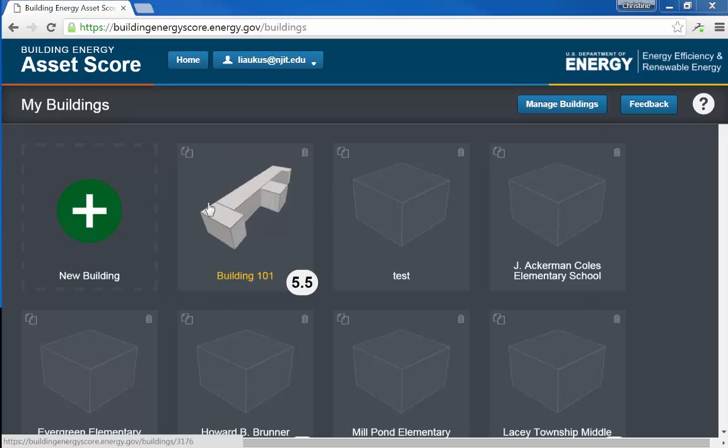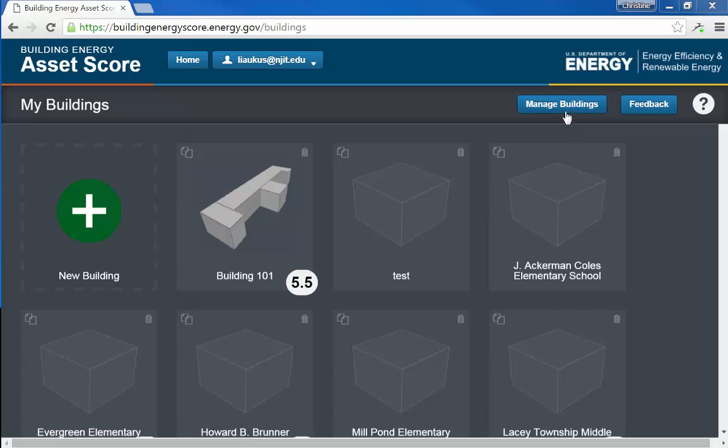Now that we have our scored building for 101, we're going to make some upgrades to this building according to the documentation that we have on the building, and also looking to the suggested upgrade opportunities from the asset score model that we did earlier. We know that we're not going to be changing the geometry of the building, and a lot of the assets are staying the same. So the most efficient way to remodel this building with some changes is to copy the